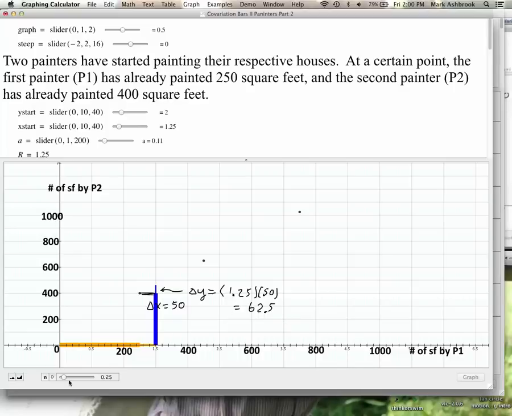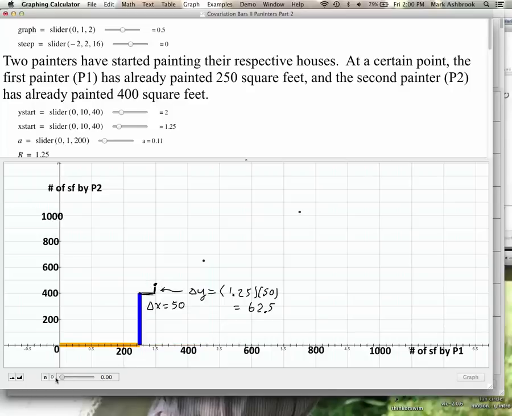Okay, I'm going to move this up to the next point so I can finish that. So when x went up 50, y went up 62.5, and it gives us a new point on the graph. So right there,